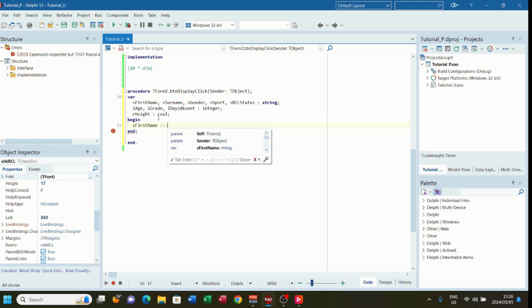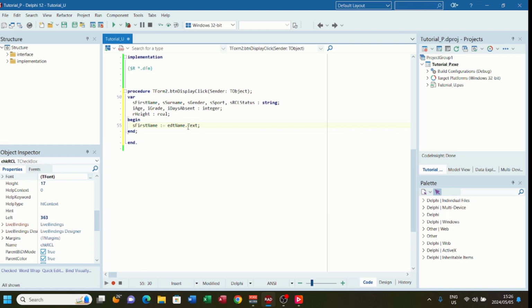Now that'll come from edt name dot text. Nice and simple. edt name.text is obviously string, and our variable is string, so we don't need to do typecasting, so that's done. Right, so then s surname,